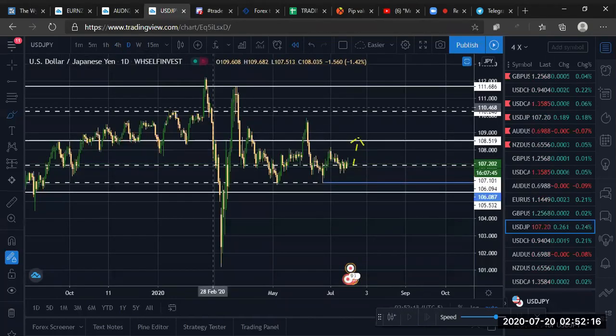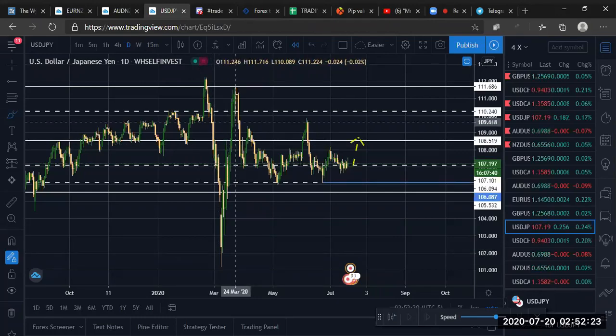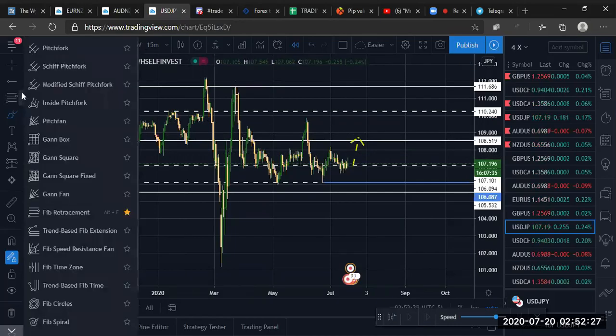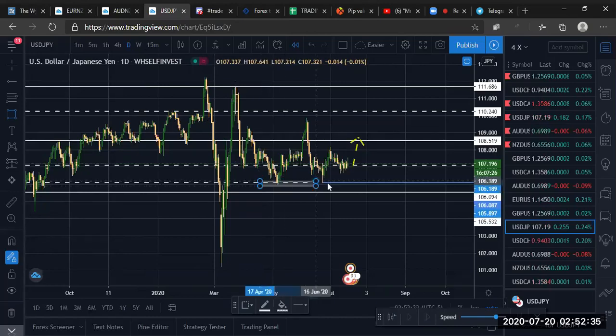So we see exactly how it's playing out. This is a nice little line too down here. But if you want to talk about zones, box. Let's say down here, this white line right here. We're gonna say this is a zone,